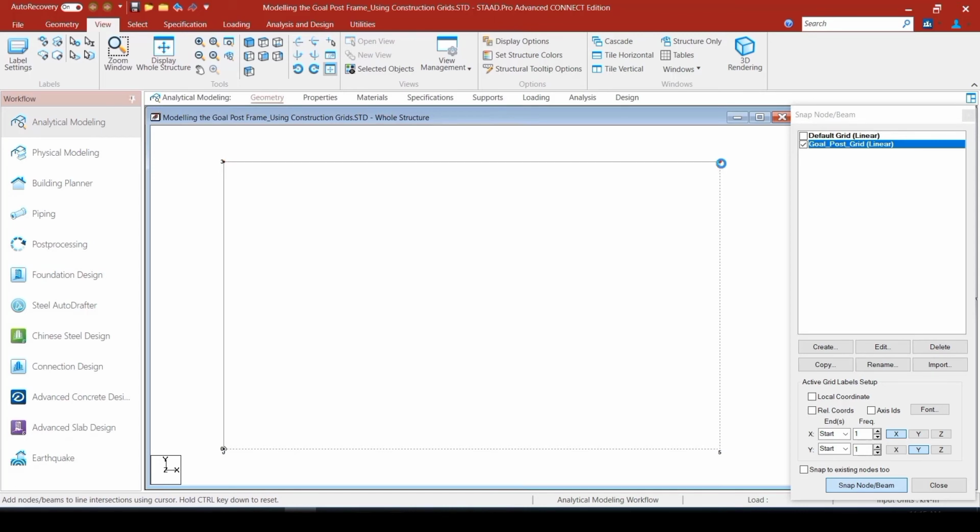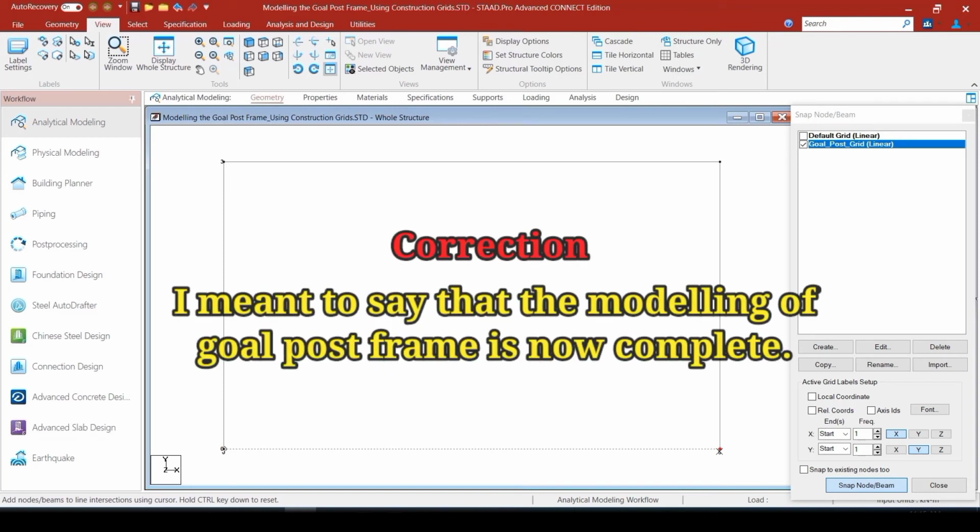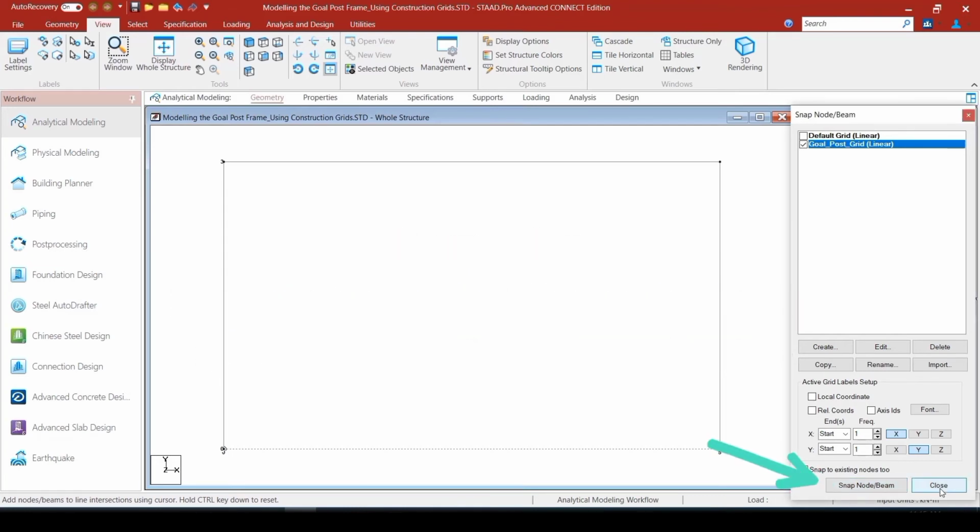If we click on this, node 3 would be created, and along with it member number 2 would also be created. In the same fashion, we go on and click on this final point to create node number 4, and along with it beam number 3 would also be created. So our construction grid is now complete, and we can turn off the snap node beam option to turn off the snapping, and we can close this box